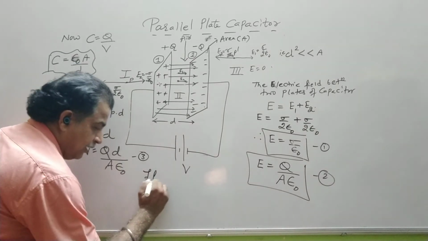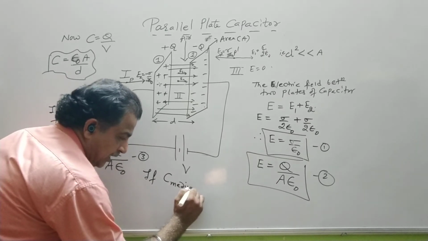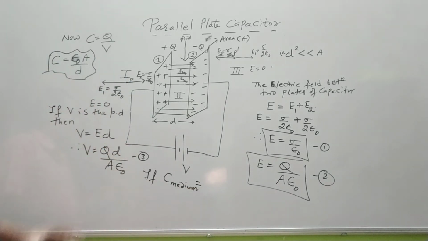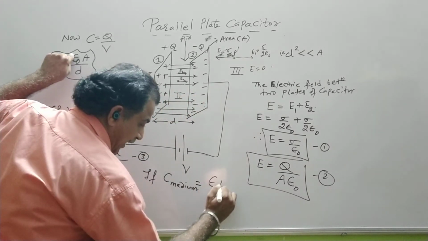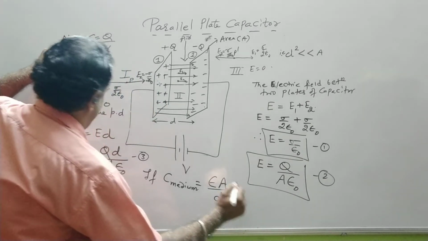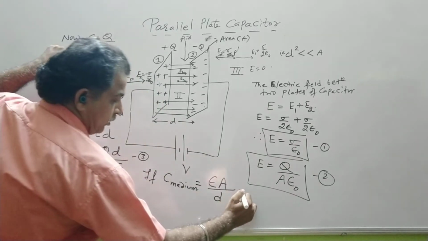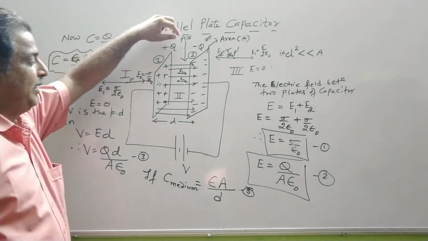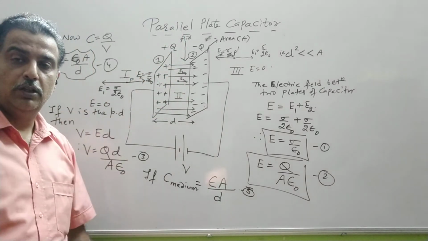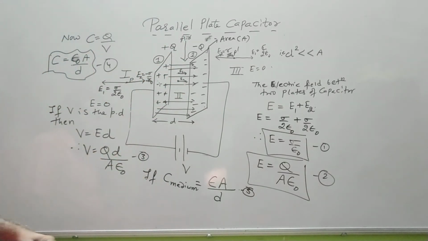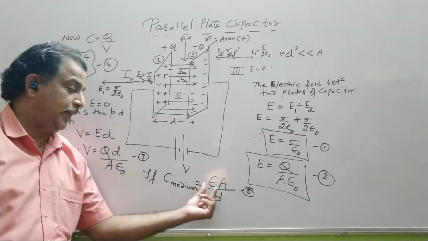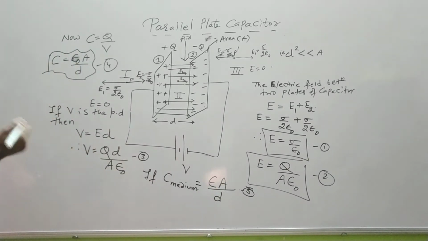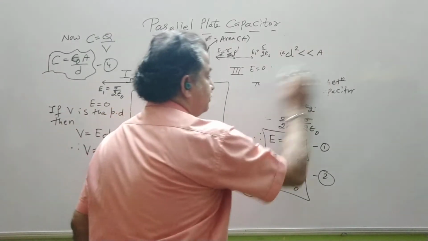If C medium is the capacitance when the dielectric is introduced, so in the place of epsilon naught, I will write epsilon, A by d. So let this equation be 4, this equation be 5. So if the medium is changed, suppose the medium is kerosene or any other dielectric medium, then in the place of epsilon naught I write epsilon. Taking the ratio of equation 5 and 6,